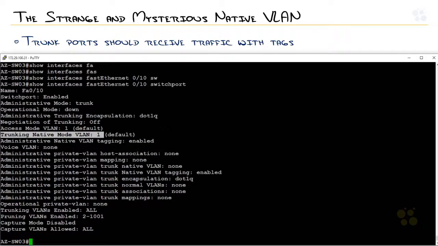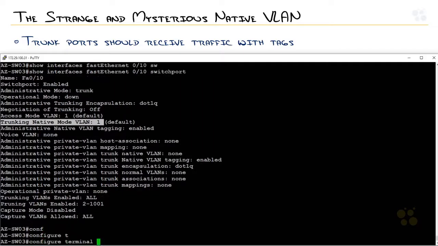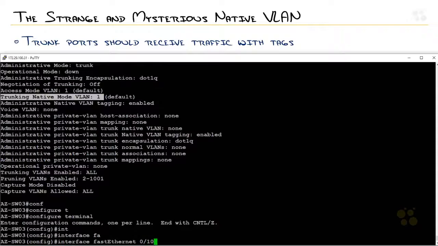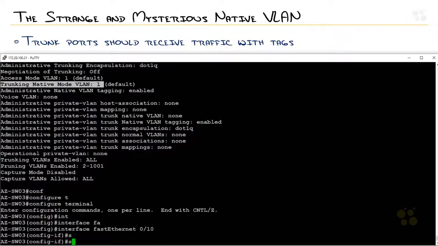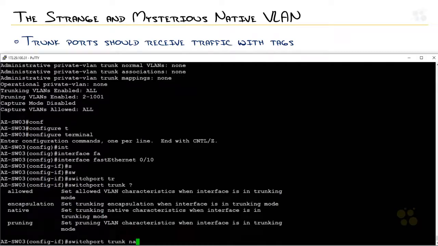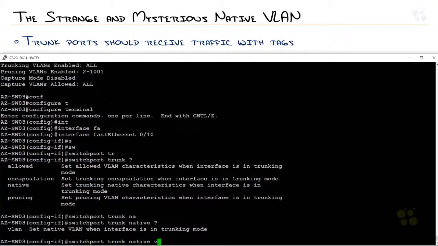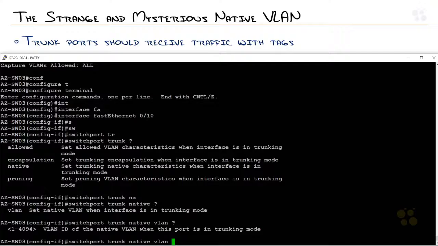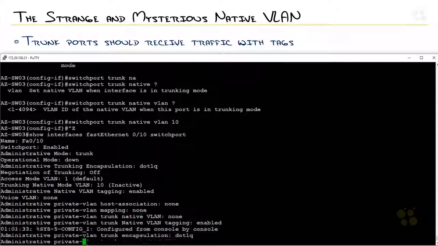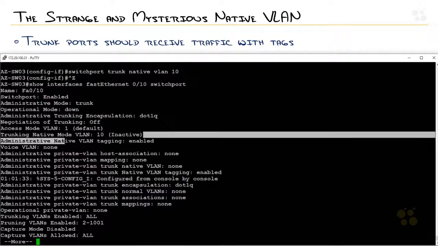If you want to change that for whatever reason, you could go into global configuration mode, interface, whatever one you want to access, 0/10 in our case, and do switchport trunk native. You see that? And you only have one option, native VLAN, and then you type in whatever VLAN you want it to be. Let's just say VLAN 10. And go back and verify that. And you can see right there, the native mode is now 10,